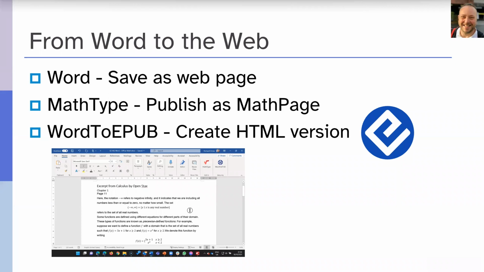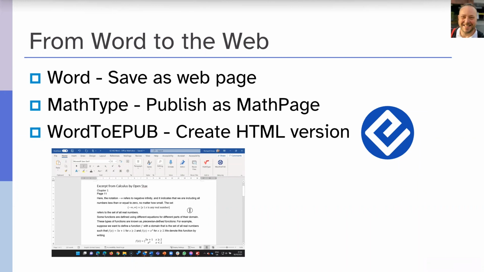So another option we have is MathType, which has a feature called Publish as Math Page. I think this builds on Microsoft's HTML export, but it replaces those naughty images with MathML. And this feature works well. It's easy to use, and screen reader users report that the resulting math pages are a good experience. You still get rather messy HTML, but I've never heard of an end user complain about this. I don't know if any LMS objects to it, but